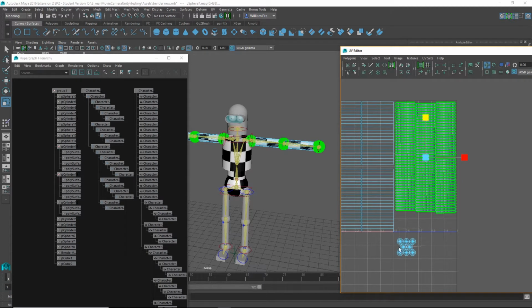I tend to favor pixel density over squareness. Select shell. Because of the tools that I use, generally I don't have to worry about